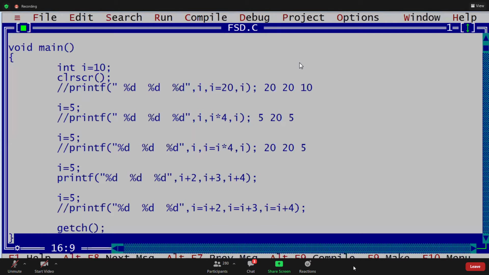Yeah. If you print left to right also, 13, 11, 9? No, sir. The value is not modified, no? The value is not modifying, right? Yes, sir. I value is 5 only. If equals to is there, then the value will be modified. Then the answer is 7, 8, 9 only.